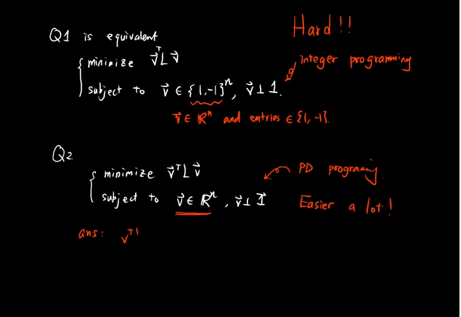V transpose LV is going to be equal to what? Lambda 2 times the length of V squared. Okay, it depends on